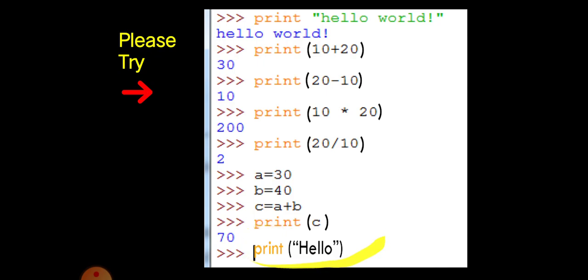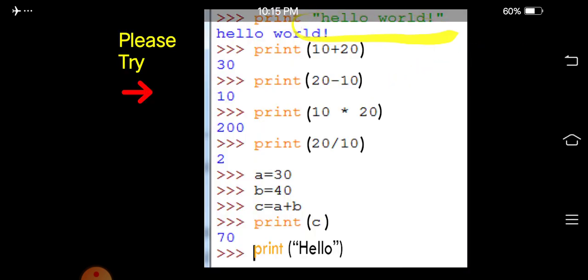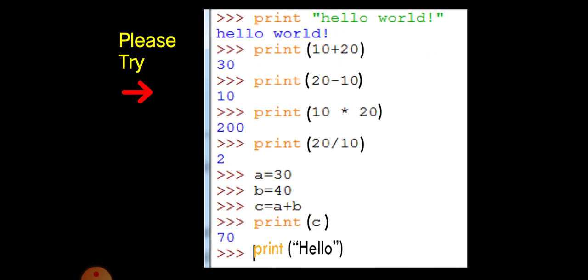Look at the last command, print hello within brackets. Like this, you also need to put brackets on either side of the hello world string. I think you can try this with your computer or a laptop or using a tablet.